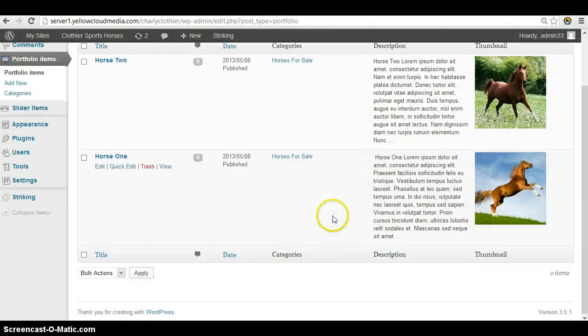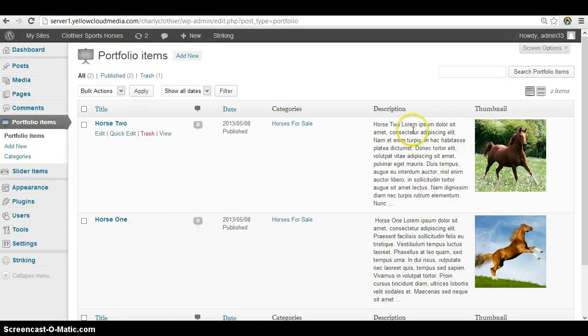These are the two example horses we've got already. The process for editing an existing horse is identical to adding a new one. To add a new one, we will click on add new up here at the top. But if you wanted to edit an existing horse's information, just click on edit on the corresponding horse, and it will take you to exactly the same page, except obviously it will have the current information about the horse on there. But for this example, we're going to create a new one, so click on add new,